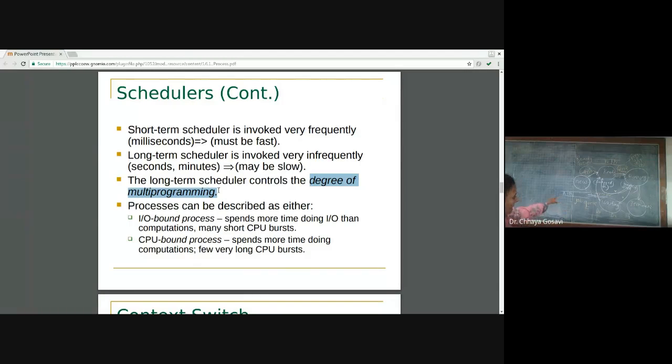A process is a program in execution. The long-term scheduler controls it because it checks whether the CPU or memory is free, and whether to load a new process into main memory or not. That decision is taken by the long-term scheduler, and so it decides the degree of multi-programming.